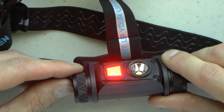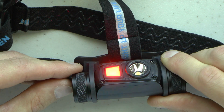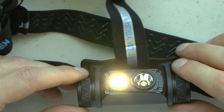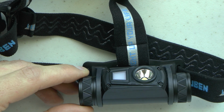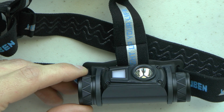So if flashing lights are not good for you, please look away for a second. Here we have the flashing light. Now, the flashing light's off screen. There we have that. The red light is also 10 lumens and supposed to last 30 hours on a full battery charge. Okay, for those of us for whom flashing lights are not good, please be advised, I'm going to